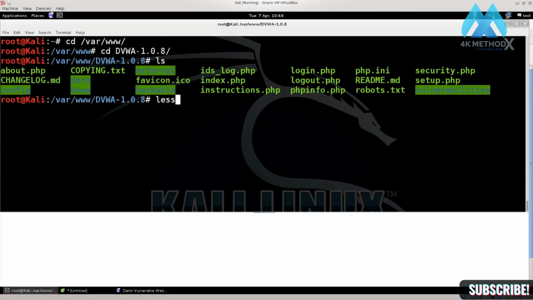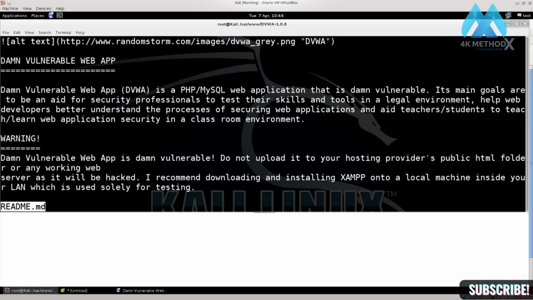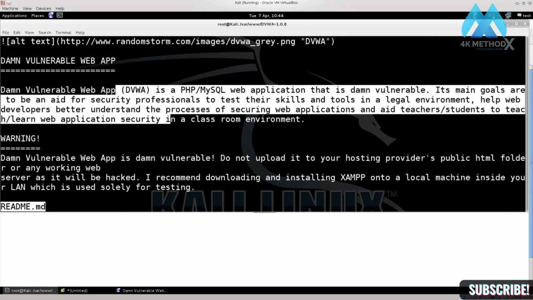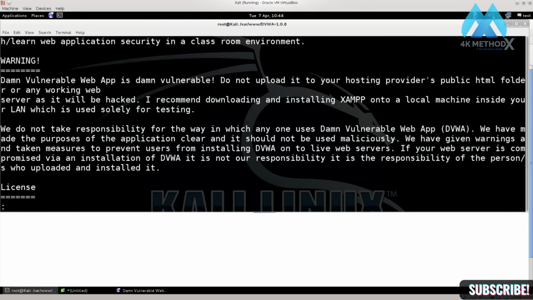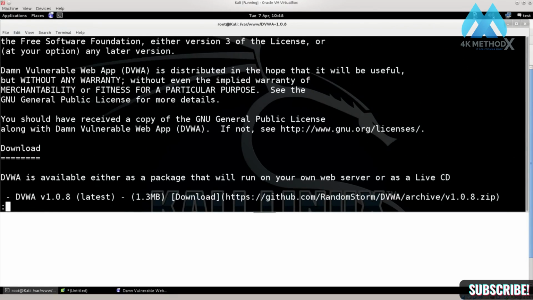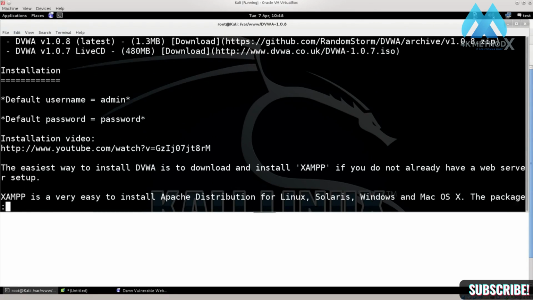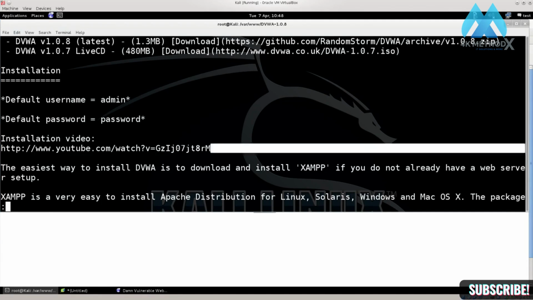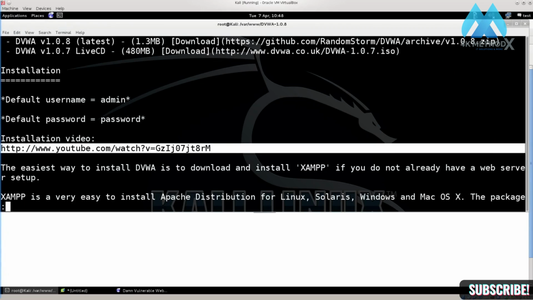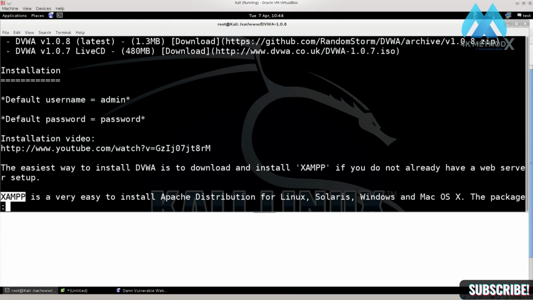So let's just go ahead and open up the readme file, and you have a lot of explanations here. Feel free to go ahead and read through them. Actually, there isn't that much of it, but there are some useful things. It says the default username is admin and the default password is password. There is an installation video as well. I've already shown it to you, but feel free to watch this version of it as well. I don't think that you'll see anything extremely different, but they use XAMPP to actually run the